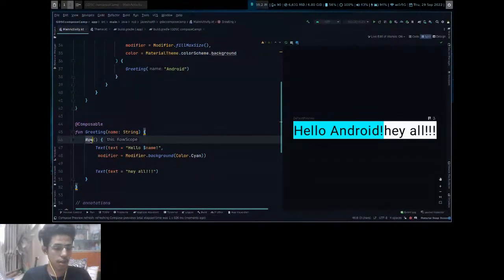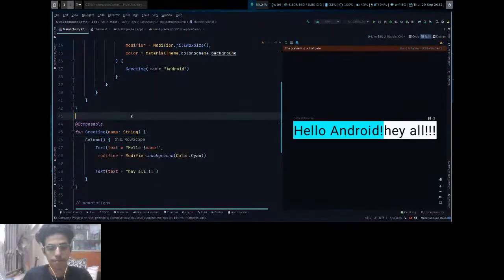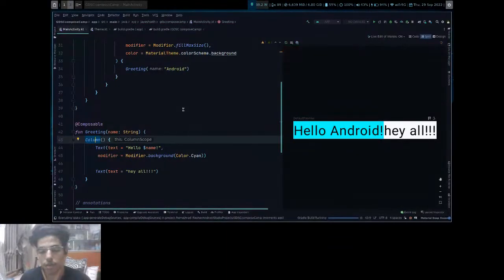So what if we change it to column? You will need to import it. As told earlier, column will put every widget that is provided one below the other, in order.